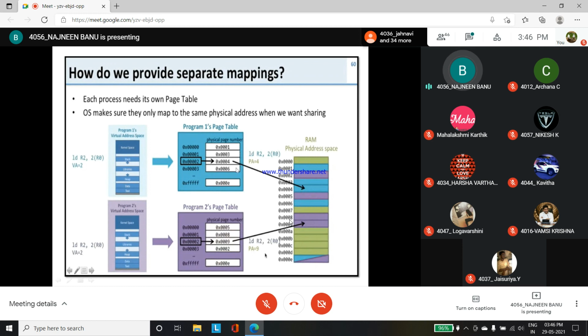You can see 1, 3 and 6 in blue color. 4 is already mapped, and here 5, 8 and 2, so in purple color 5, 8 and 2. 9 is already mapped. You can see at the last 000E here it is there in program 1, and in program 2 also 000E. So what they have done, they have shared